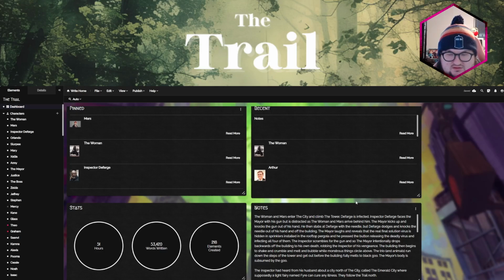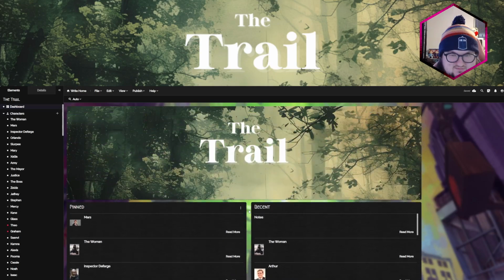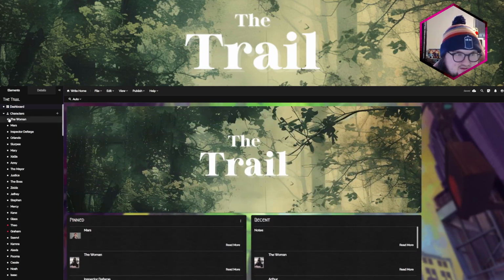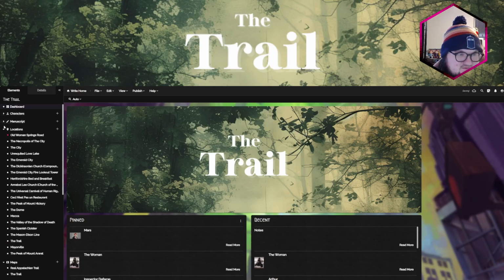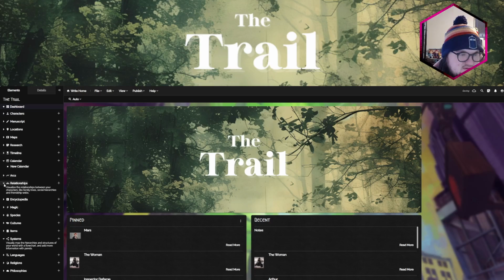And then here's a little note thing where you can just add some ideas. I tend to jot down vague story ideas for things that are upcoming, which sometimes change, sometimes they don't. Sometimes I go back here and I'm like, oh yeah, I'm not using that anymore. But it gives you a place to jot things down quickly. And then there's all these different modules over here, which I will show you some of and how I am using them.